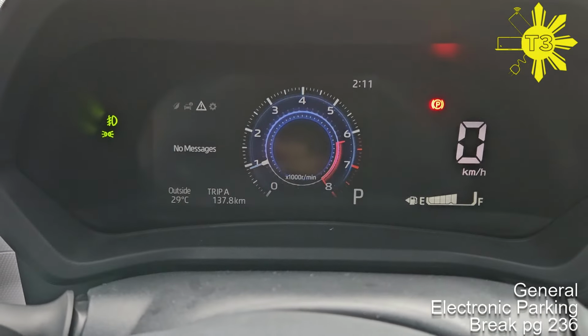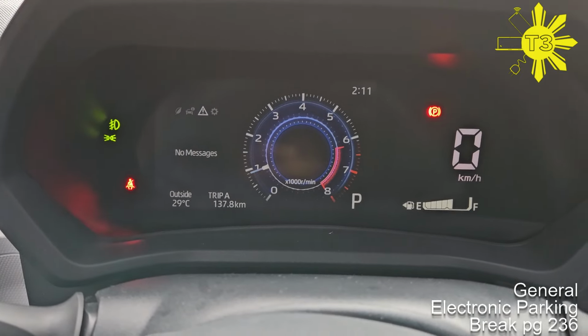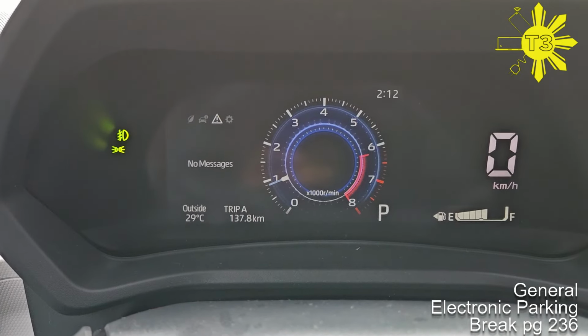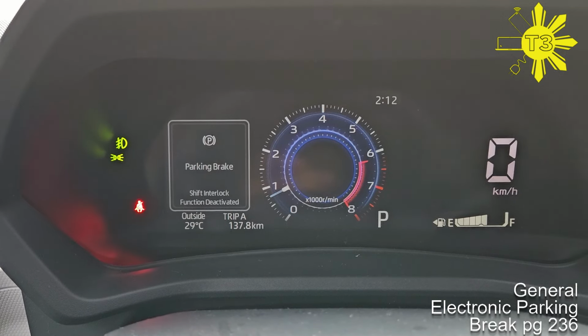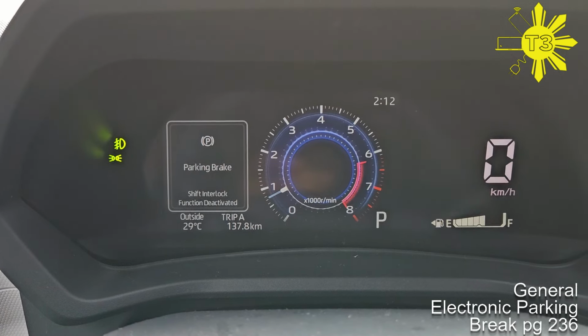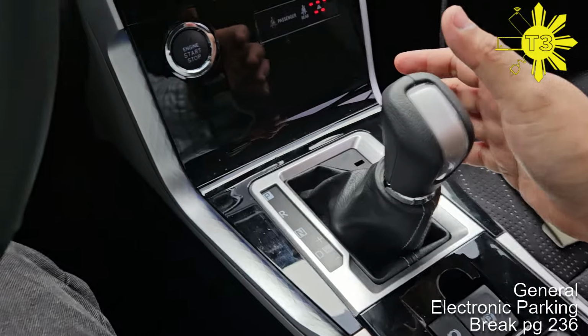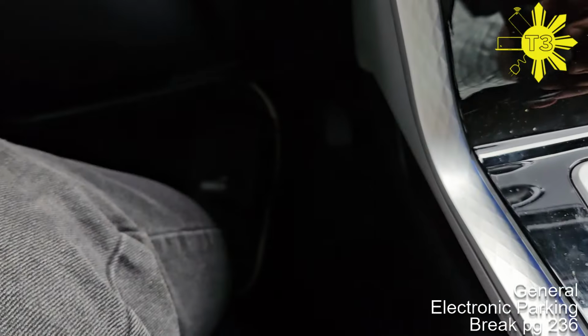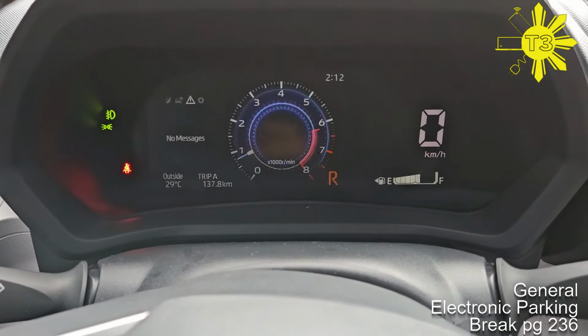Okay, now you can also disable that. How do we disable that? You actually have to press it twice. So you press it down twice and you hold it down. You can see there, shift lock function deactivated. So if I go to drive, and then my foot's on the brake, and I move back into park,